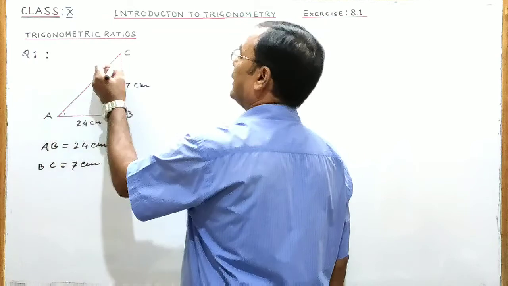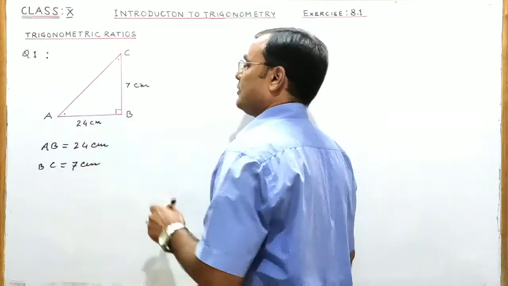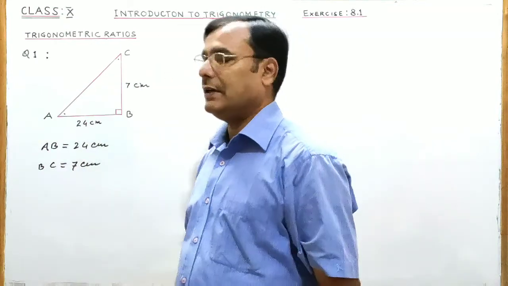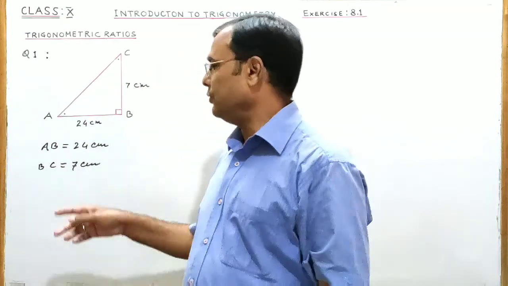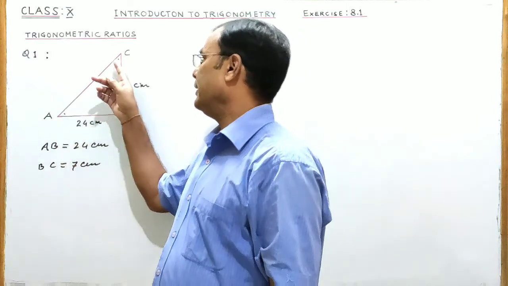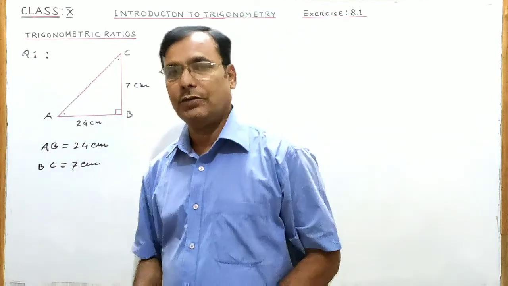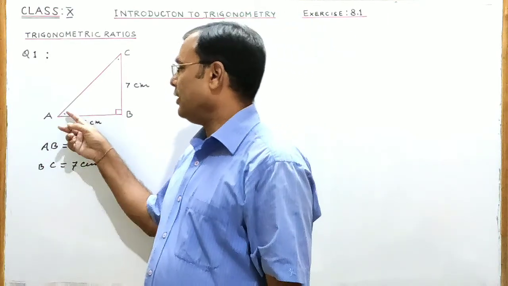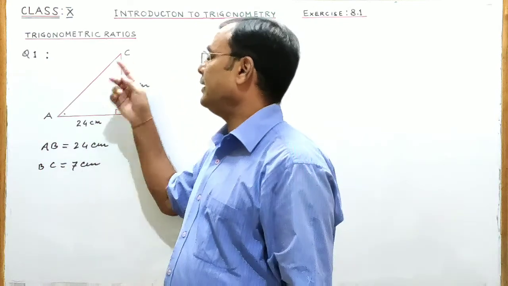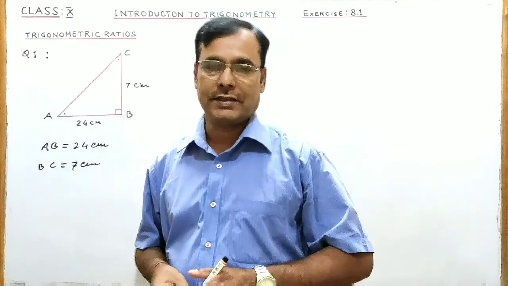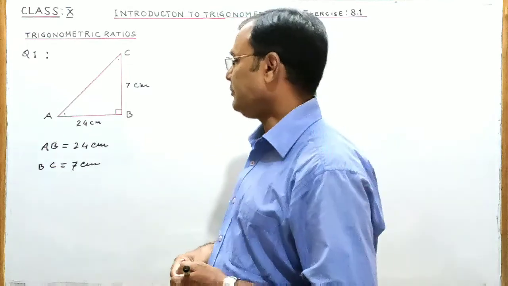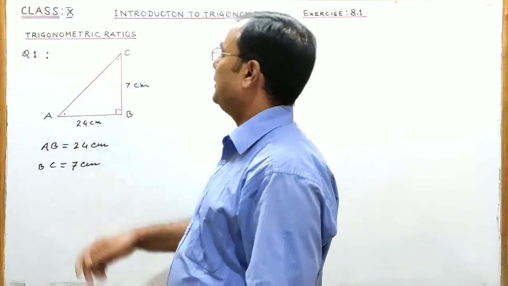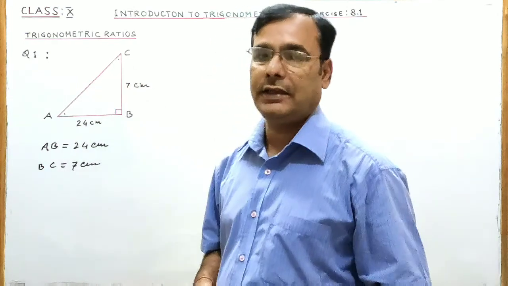Angle A and angle C in this right triangle, which is right angled at B, are acute angles, and we have to write trigonometric ratios for acute angle A and acute angle C. Particularly we have to find sine of angle A, cos of angle A, sine of angle C and cos of angle C. So first of all, let us find the length of the hypotenuse AC of triangle ABC right angled